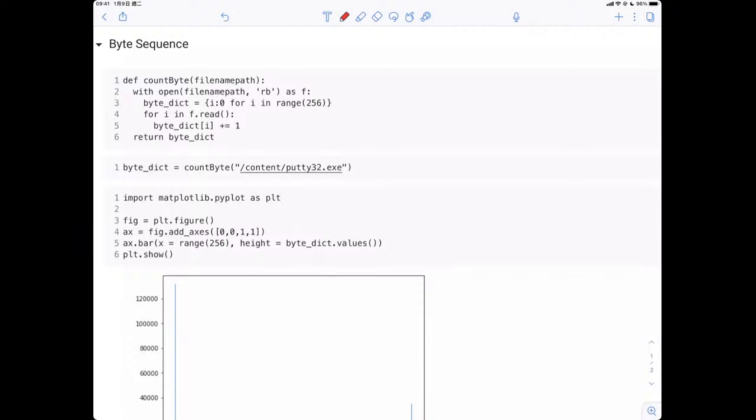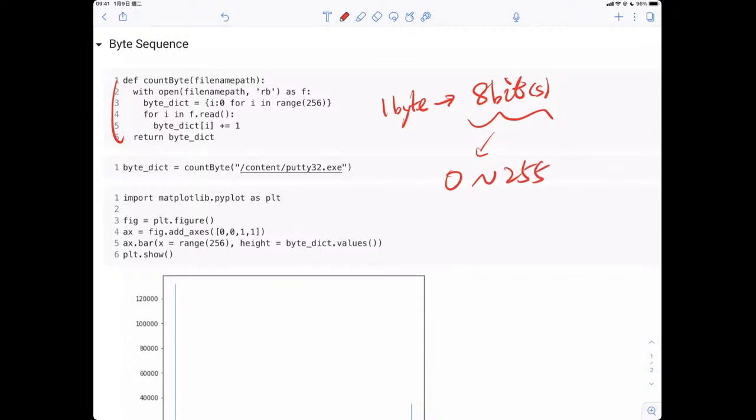If I am lazy and do not want to analyze the PE file structure, because it is too troublesome with so many fields, each with a different meaning, can I analyze the PE file byte by byte? Yes, you take one byte at a time. So I write the function right here. We observe and count the PE file 1 byte by 1 byte. As we know, 1 byte, if you view it as an integer, is from 0 to 255.